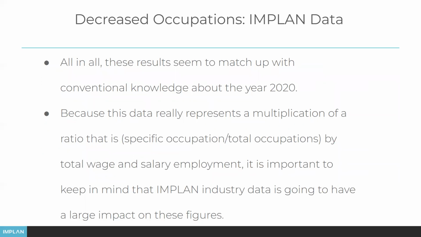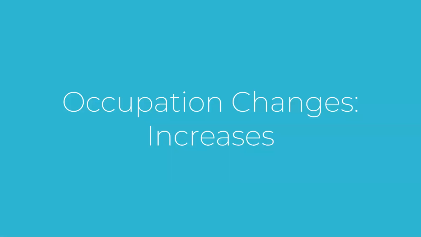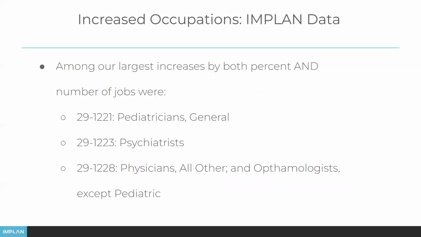All in all, these results do seem to match up with conventional knowledge about the 2020 year and with the articles cited above. Because this data really represents the multiplication of an occupation ratio by total wage and salary employment, it's important to keep in mind that IMPLAN industry data is going to have a large impact on these figures. I'll touch more on that later, but for now, let's take a look at some of the increases in occupation changes for these years. Among our largest increases by both percent and number of jobs were the following occupation codes: